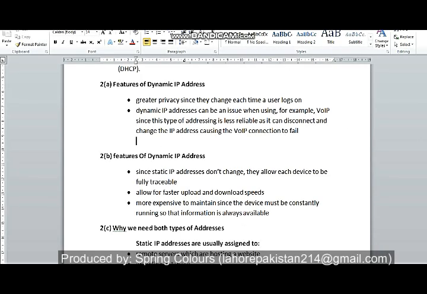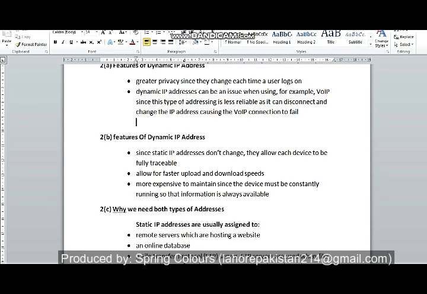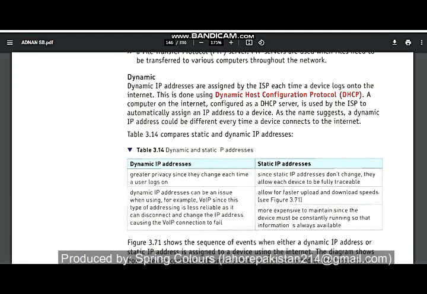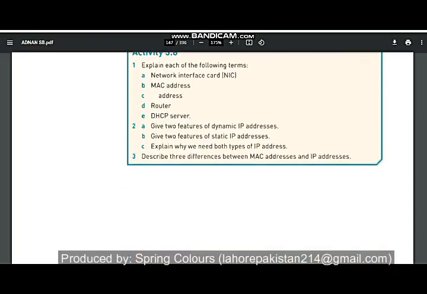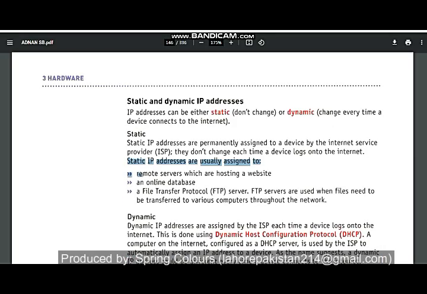So I have written the same points as the features of dynamic IP address, and I have given the same points for the features of static IP address. Next comes the third part of question number 2. Explain why we need both types of addresses. You can write these 3 points for static,